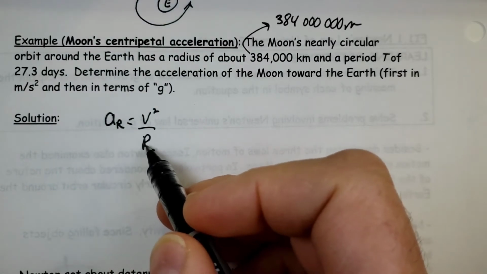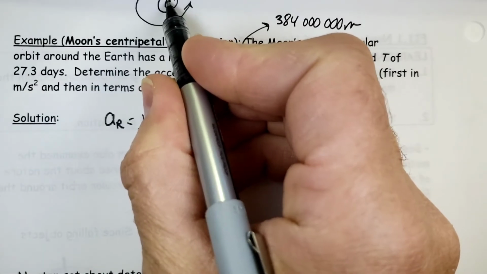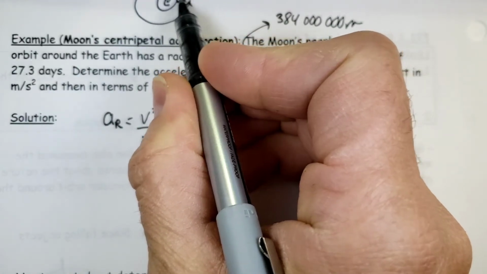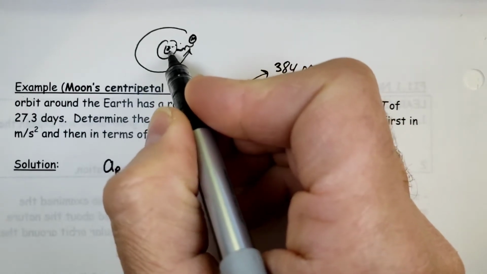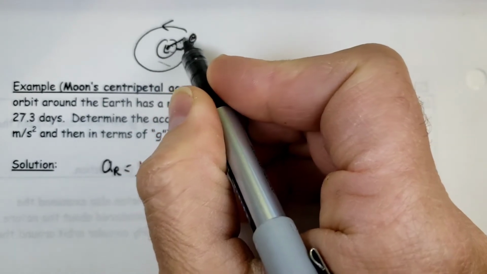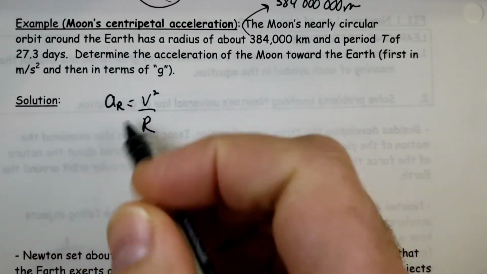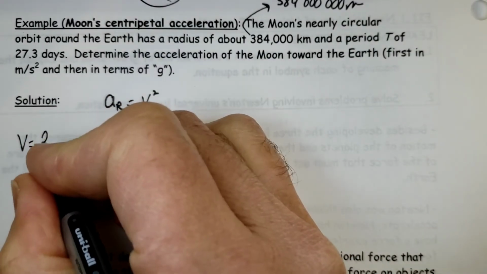And the radius, so we're assuming that we are including, because you have to include the center of the Earth there too. So the radius represents not only the altitude of the moon, but from the very center of the Earth. So all of that is the complete radius that we're talking about. So we have r. V we don't have though, but hey, from centripetal acceleration we have